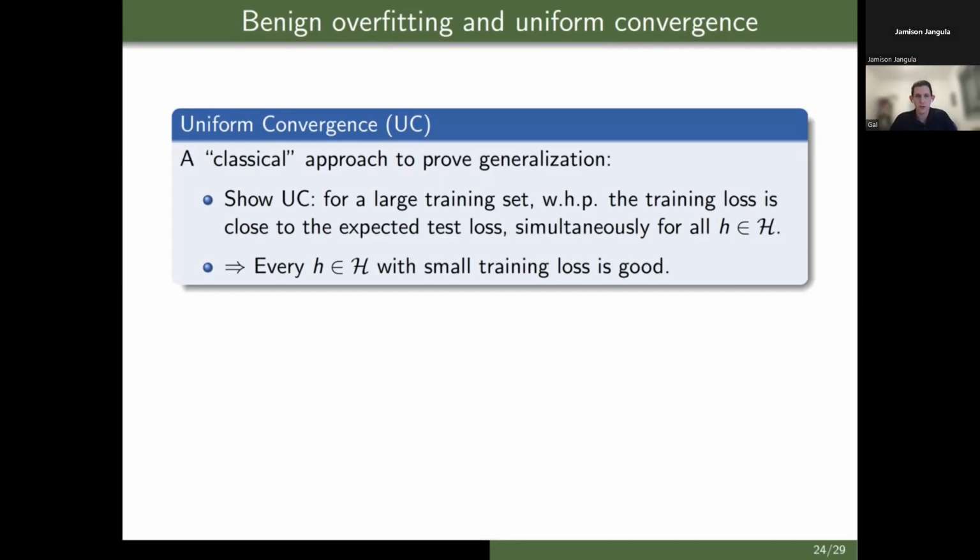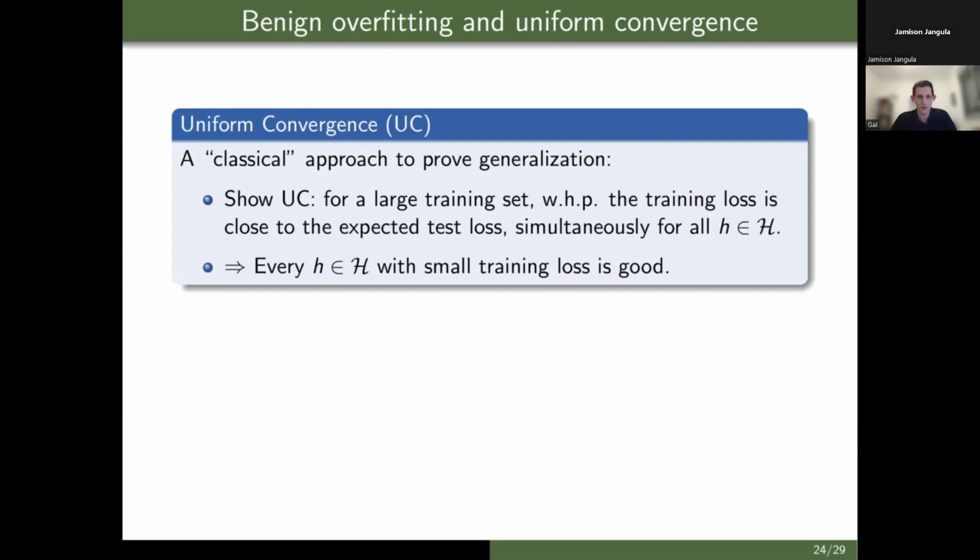In order to use uniform convergence, we usually need to prove the uniform convergence property, which says that if the training data set is sufficiently large, then for every hypothesis in the class, the training loss is close to the expected test loss. Okay, so the uniform convergence property says that for every hypothesis in the class, if the hypothesis performs well on the training data, then it also generalizes well, and therefore it allows